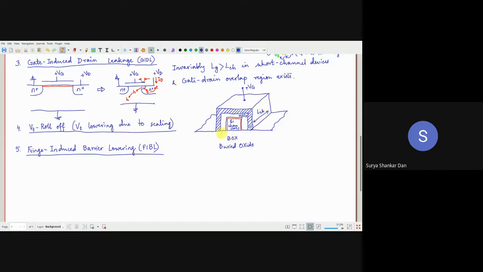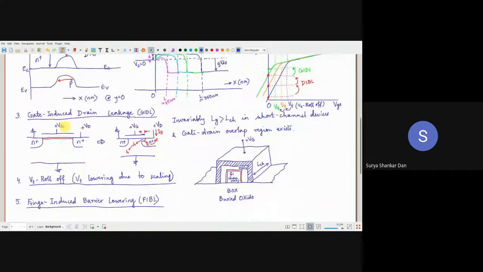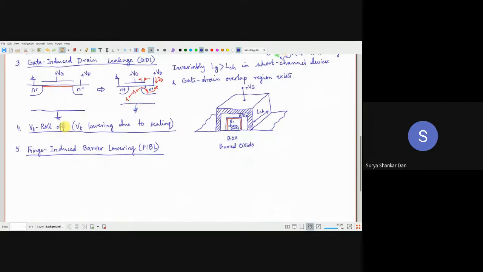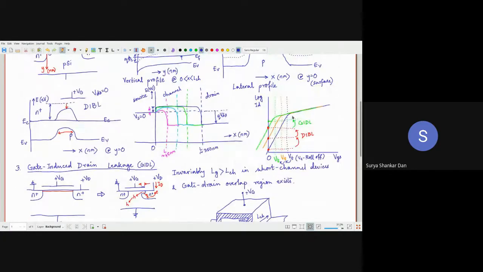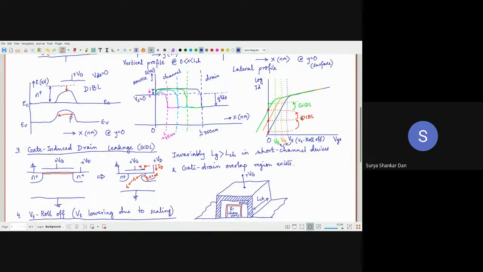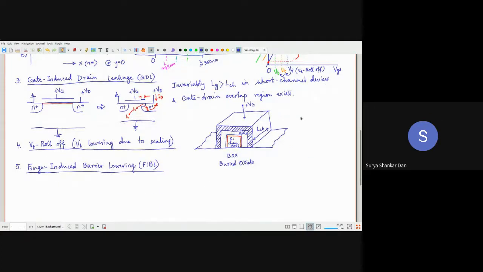All right. So now with this 3D architecture, this VT roll-off and all these problems, again, as I said, we will be discussing the solutions to the short channel effects, right? So 3D architecture is a solution for all these problems, GIDL, DIBL, VT roll-off, all of them will be taken care of. But there will be a new problem coming into the picture. What is that? If we think about the various field profiles inside this device, what is going to happen?